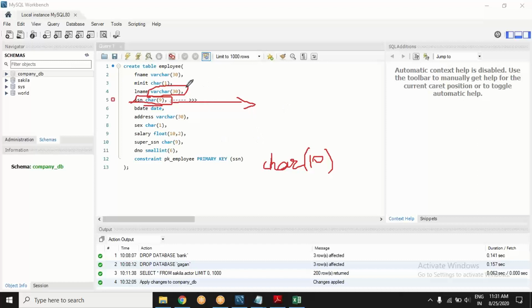What my intention was to explain was varchar. I did not keep it as varchar because I already know it will always be 10 digits. It cannot be shorter than that. On the other hand, last name, first name, think about it. Are they essentially going to be of length 30? I don't think so. They will be way shorter. Most of them will be shorter. It will keep varying, sometimes 10, sometimes 12, sometimes 15.